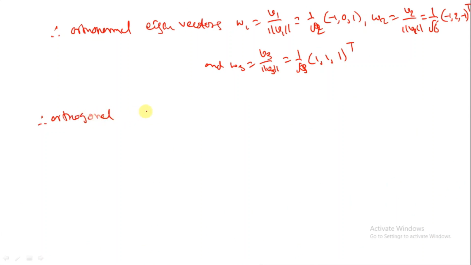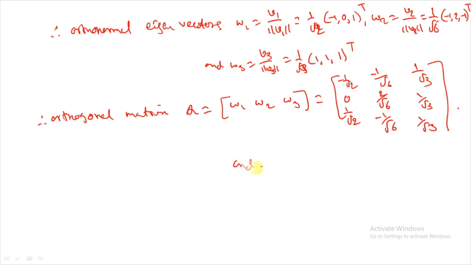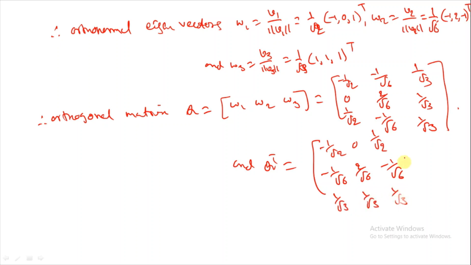Therefore, the orthogonal matrix is Q, where we take the orthonormal vectors as columns. Q equals minus 1 by root 2, 0, 1 by root 2; minus 1 by root 6, 2 by root 6, minus 1 by root 6; 1 by root 3, 1 by root 3, 1 by root 3. Q transpose equals the transpose of this. Hence,